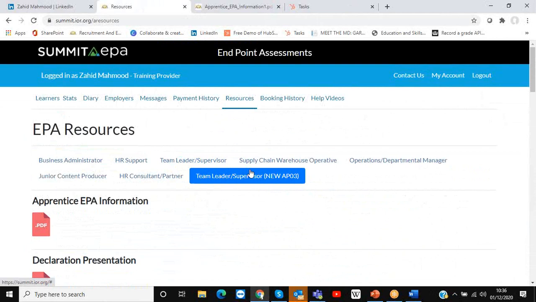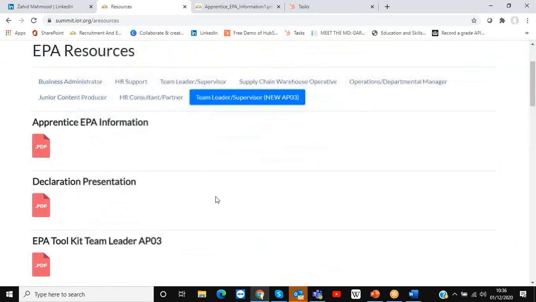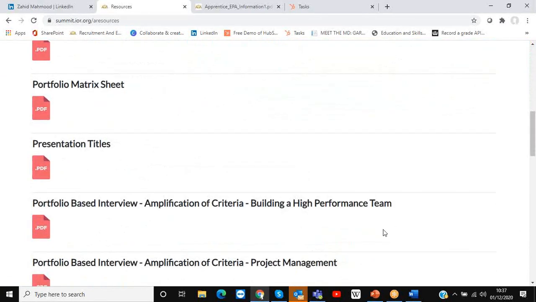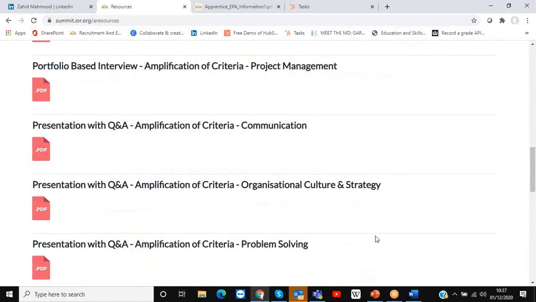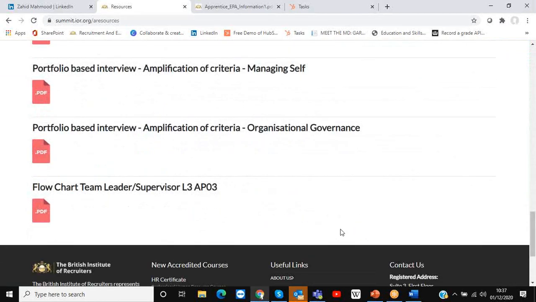Again, for any learners registered on the team leader supervisor level 3 program from 26th of June this year will have to take the EPA under the new standard, which is APO 3, and they will be looking at these resources here. And as I mentioned before, these are more broken down now into little bite-sized pieces there for them to pick up and